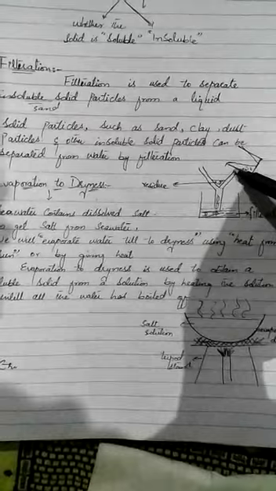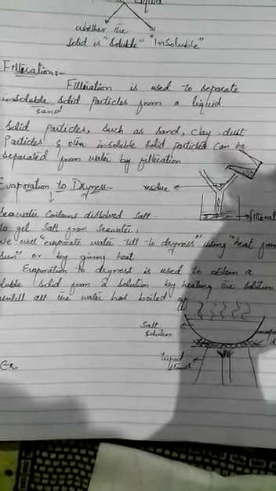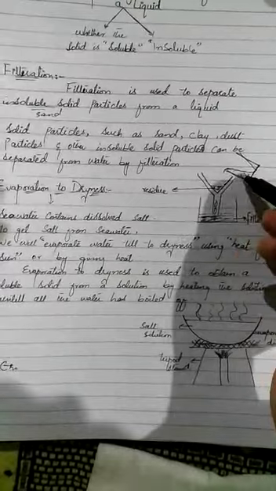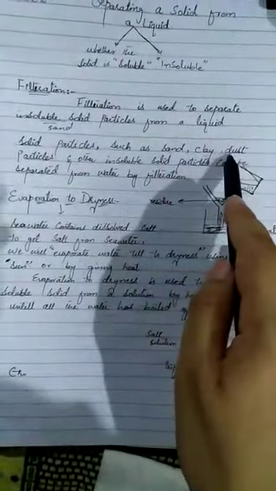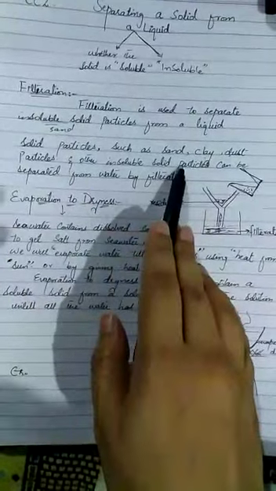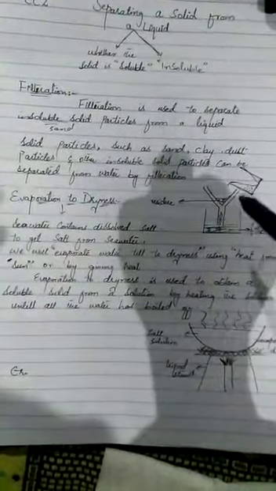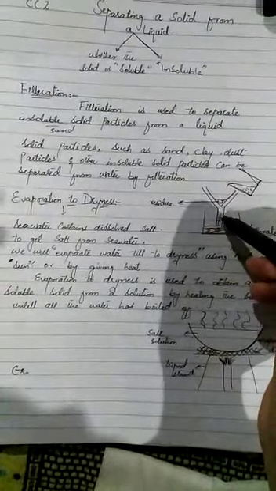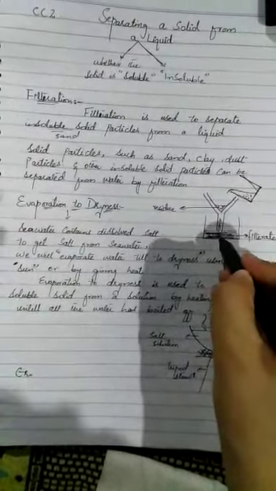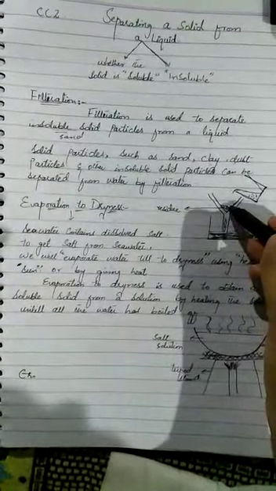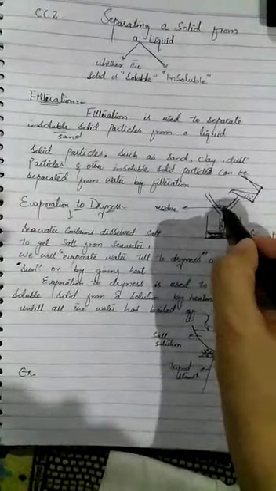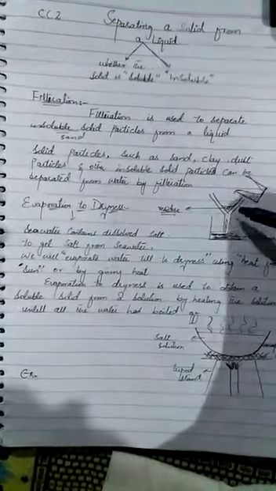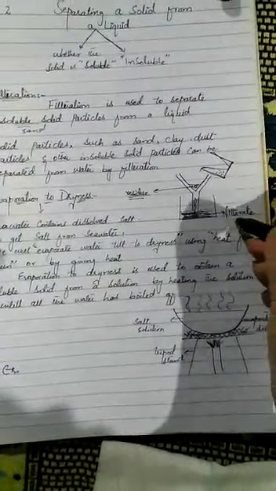We will use a filter paper and fold it, fine, 3 and 1 folding. Let's suppose we made a mixture that contains sand, clay, dust particles and other insoluble solid particles. We will mix it with water, and after mixing, we will pour it on the filter paper. The pure water we will collect in the beaker, and the insoluble substances will be left over on the filter paper. The thing left over on the filter paper is called the residue, and the thing which passed down through the filter paper is called the filtrate.